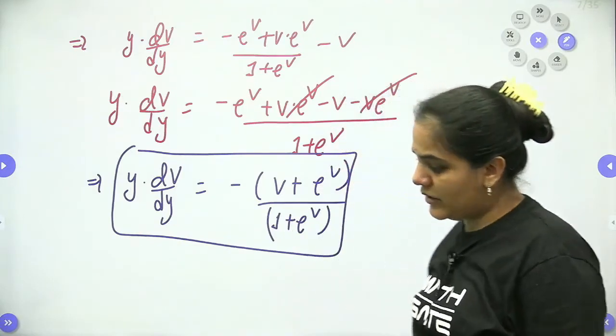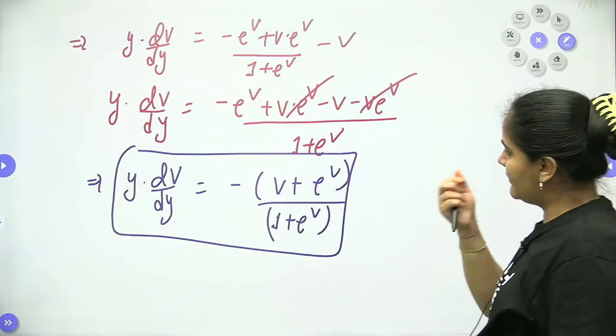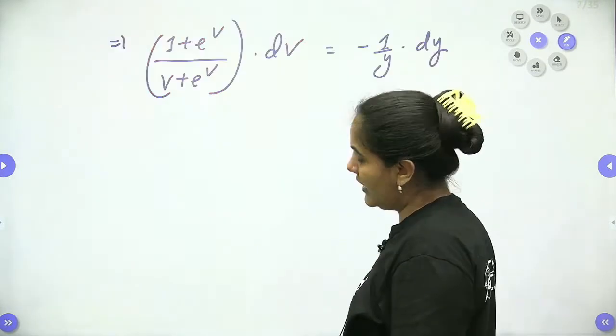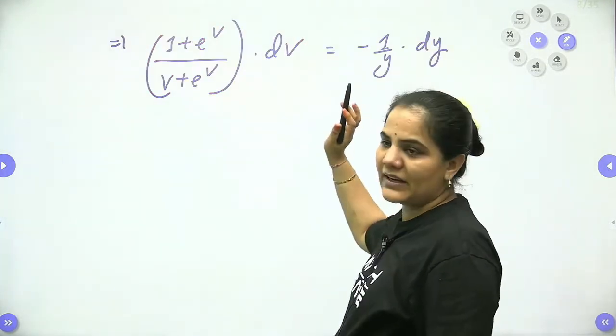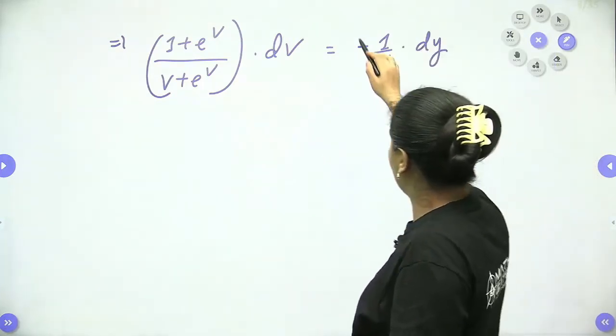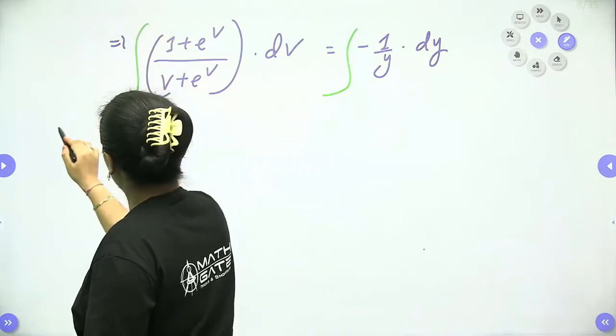Yes. So if you want, you can take the negative anywhere. If you want, you can take negative here and you can take negative here. It's your choice. So I just substituted negative here only. Now let's approach the variable separation method. It means according to the variable separation, we have to integrate both the sides.